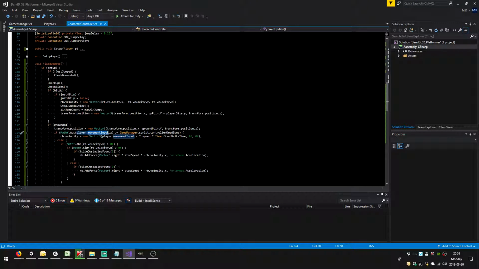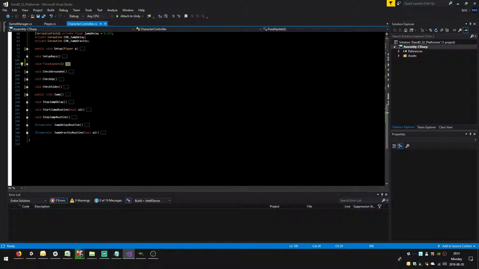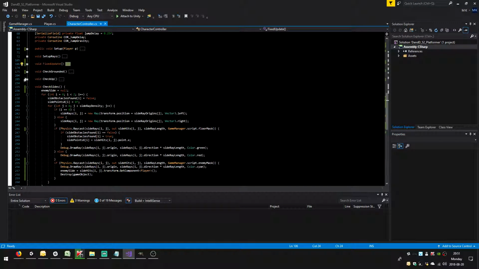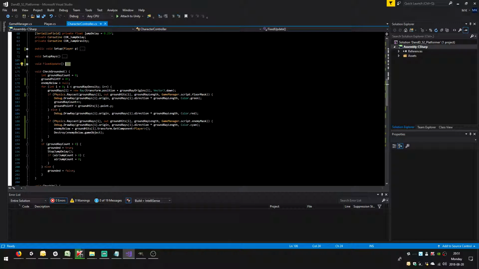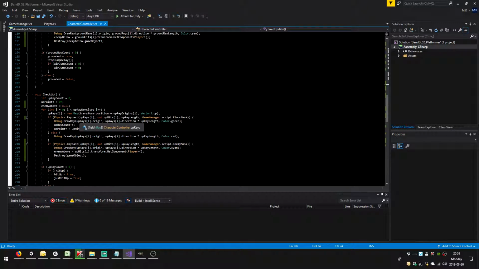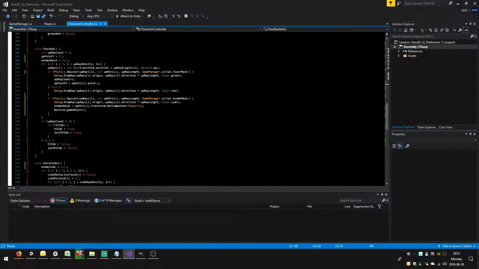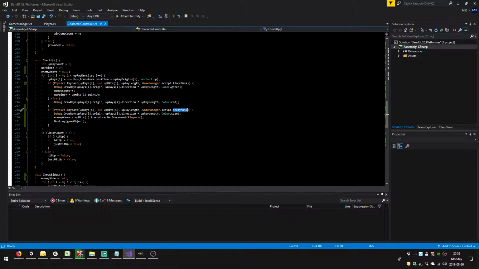Now, the last thing that we've added is we just quickly experimented with some enemies. So in order to decide how we interact with enemies, we need to check grounded, check the sides, check up, and so on and so forth. And we need to decide whether we've stomped an enemy, therefore killed it, or whether the enemy has touched us from the side, therefore it has killed us. And basically we're doing another raycast for the enemy mask as opposed to the floor mask, which gives us all